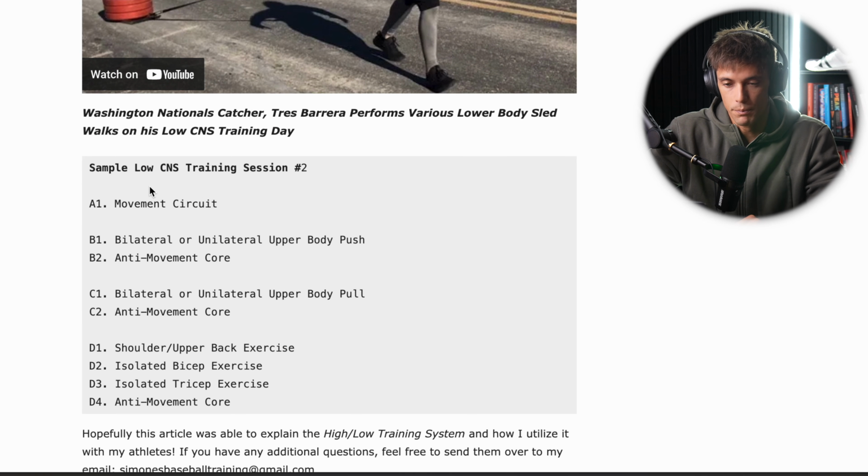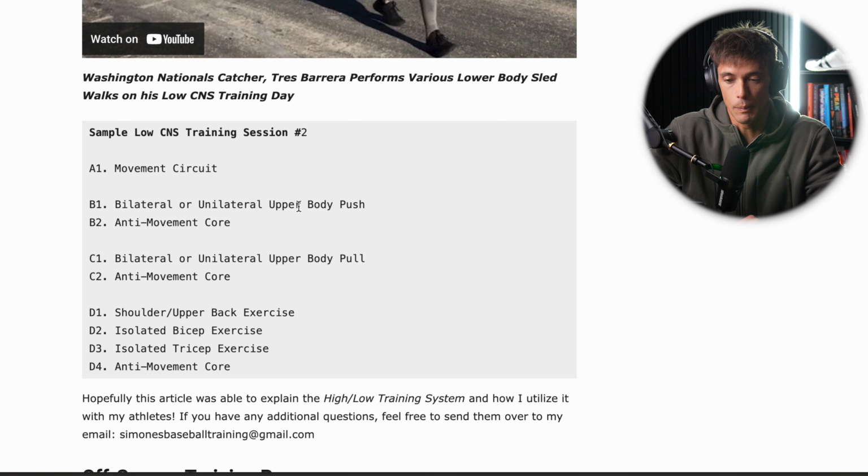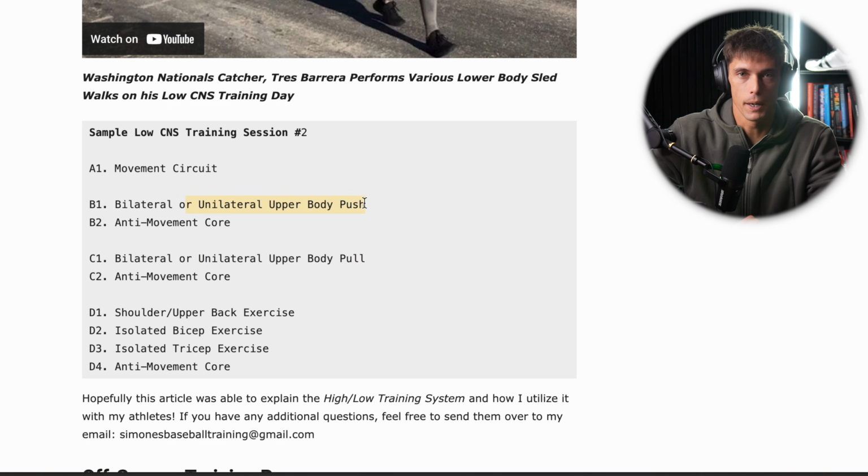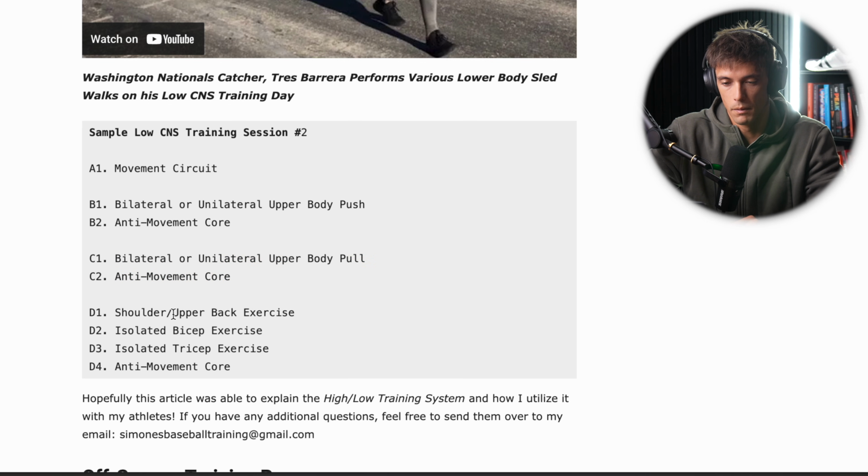Here's a sample session, movement circuit, right? And then you could do some upper body. Some people like to do that, right? If you're really into vanity, upper body core, then you'll go into the next one, upper body pull. So let's say upper body push here first. Dumbbell bench press, dumbbell overhead press, barbell overhead press. Could be a Palloff press, which would be core. Let's call it a pull up moved with anti-movement core, a side plank, and then, here you go, back, tricep, up, just all upper body movements there.